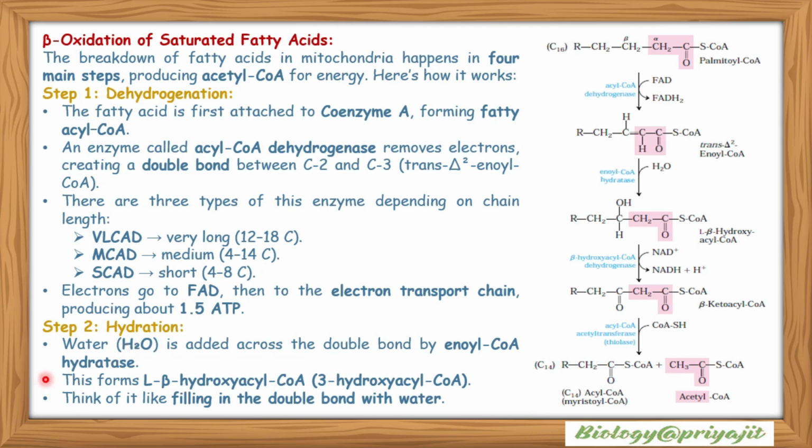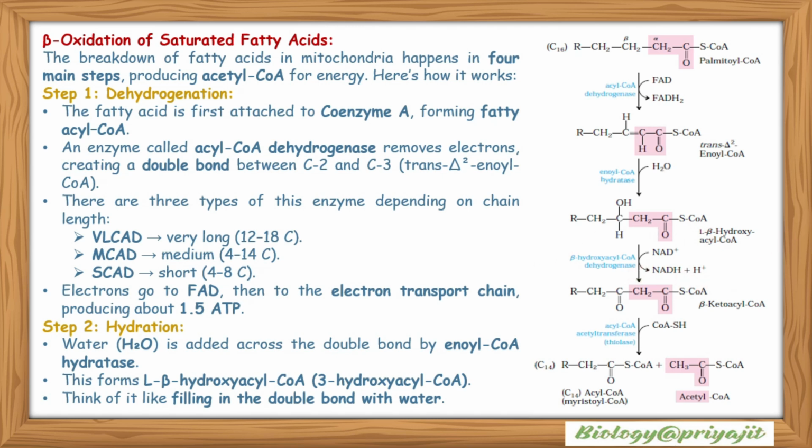Second stage is hydration. Water is added across the double bond by enoyl-CoA hydratase. This forms the L-beta-hydroxyacyl-CoA or 3-hydroxyacyl-CoA. Think of it as adding water across the double bond. So these are the 4 stages of beta oxidation. First one is dehydrogenation, second one is hydration, third one is again dehydrogenation, and fourth one